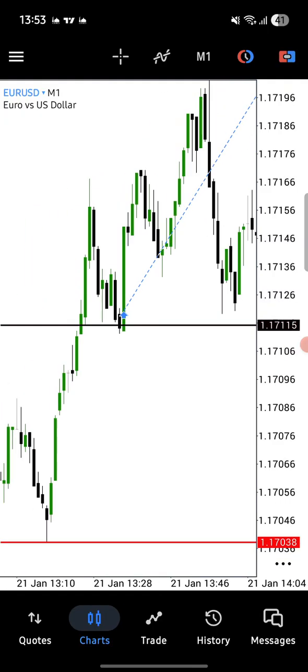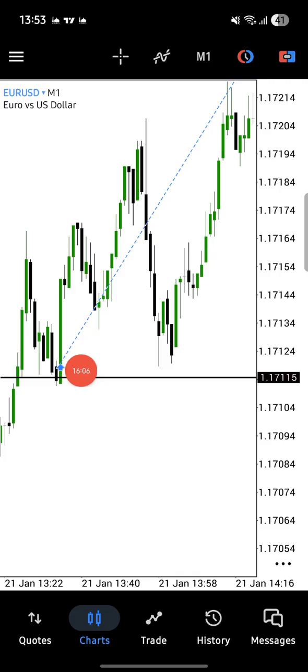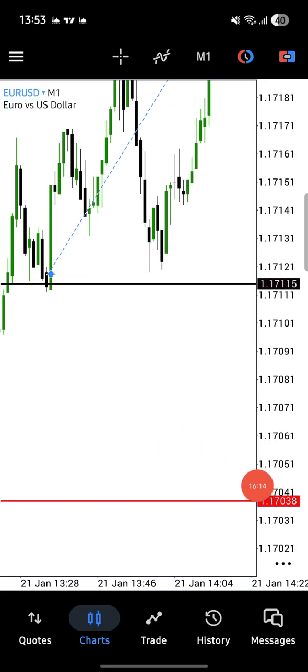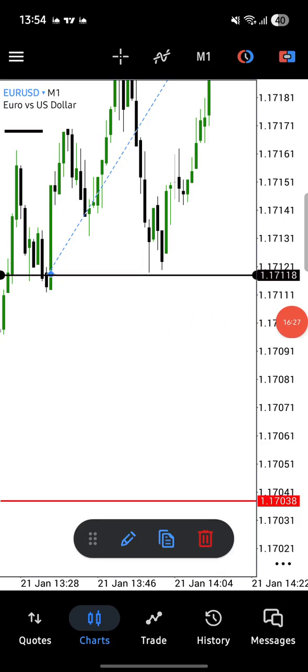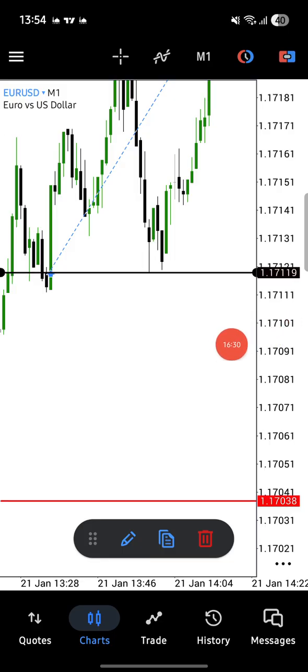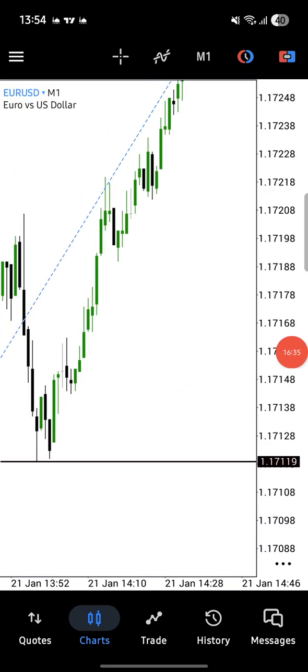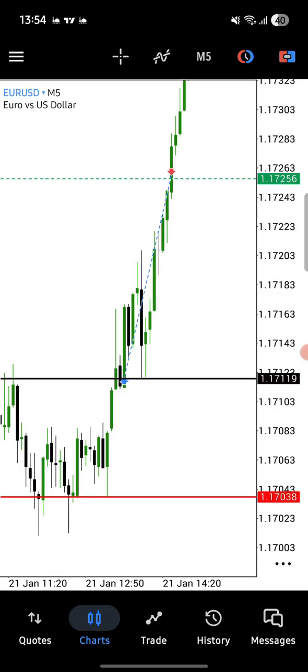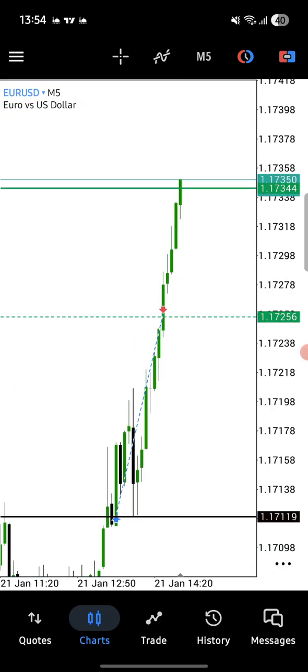So when you see this move, okay, wait on the 1 minute. See this big move here, just here, and trade your stop loss from here to here, and you get stopped. Okay, you entered here, so this is the price coming back to my entry here. You see that? This is what I was talking about yesterday. It gets you out, and it starts running again to the TP. Okay,